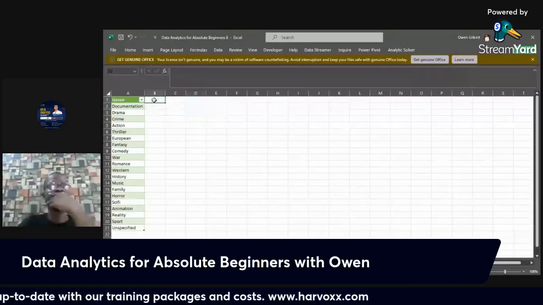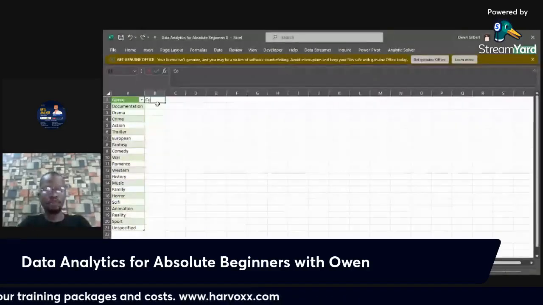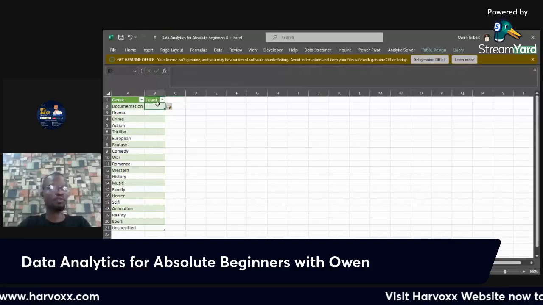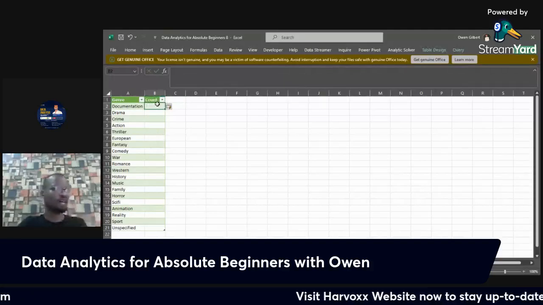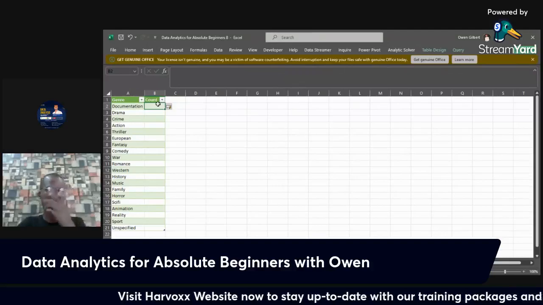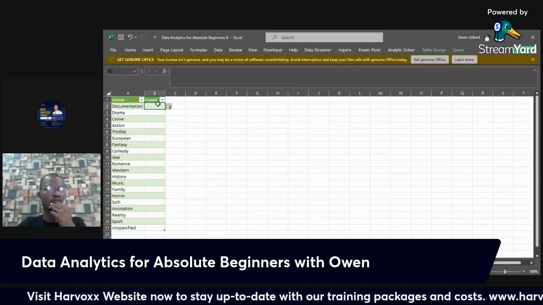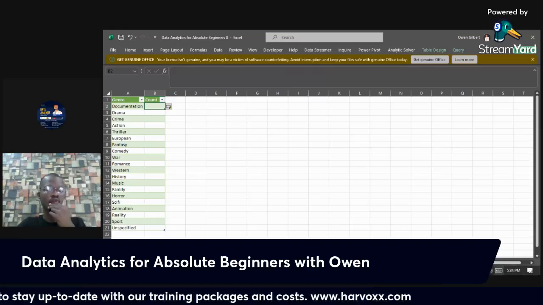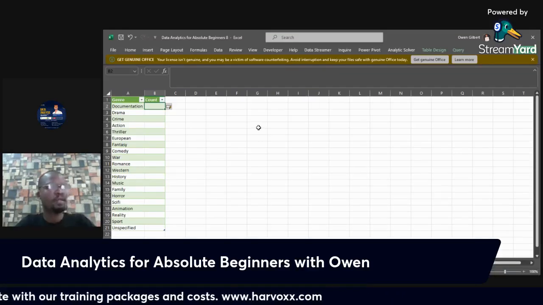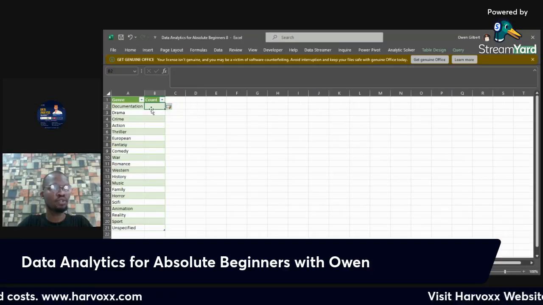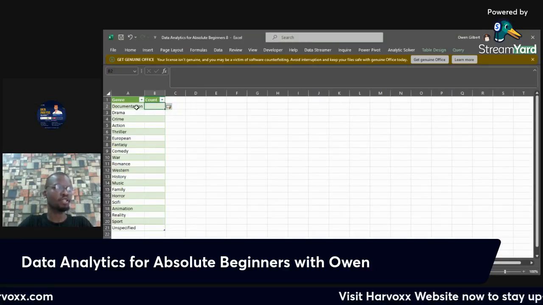Now I want to do two counts. You can't do this with a pivot table because of how our data came. All right, so I want to do a count of documentation.